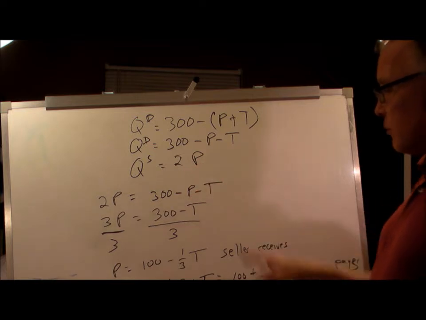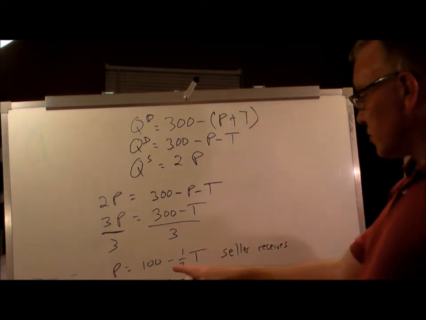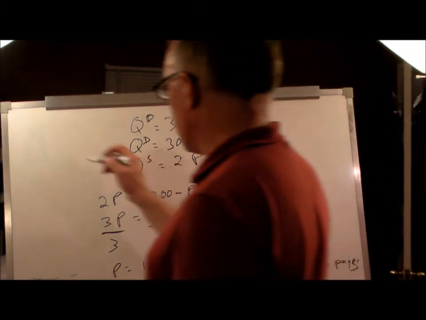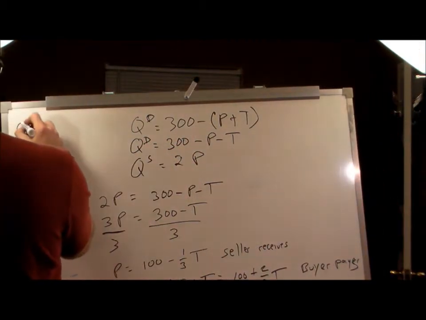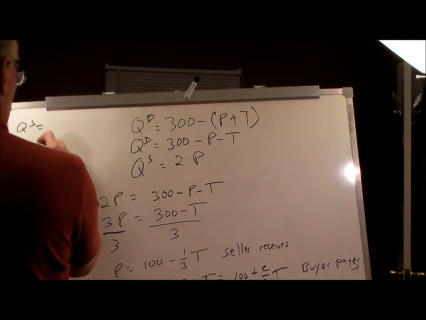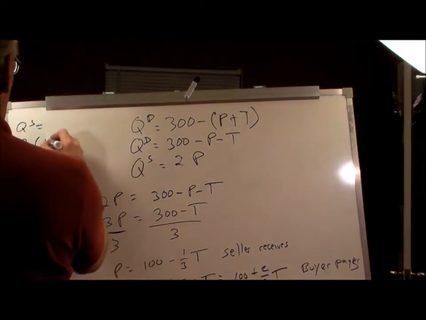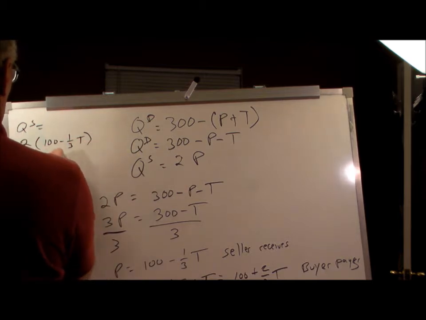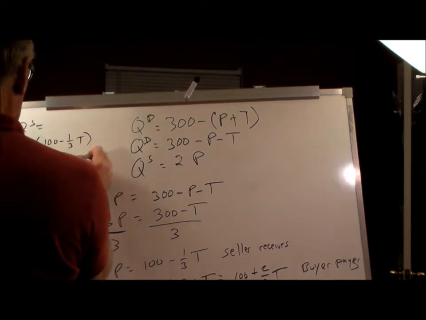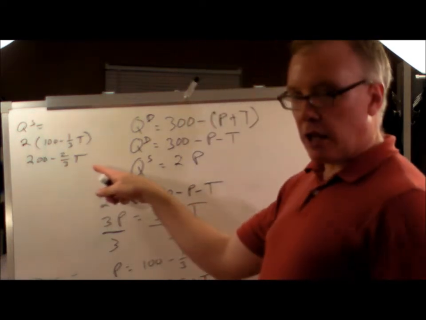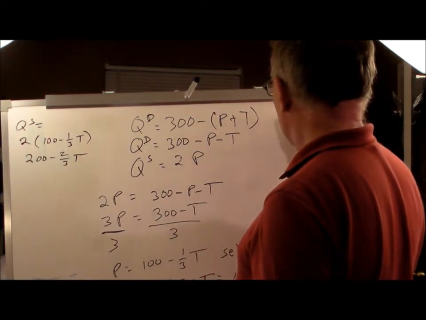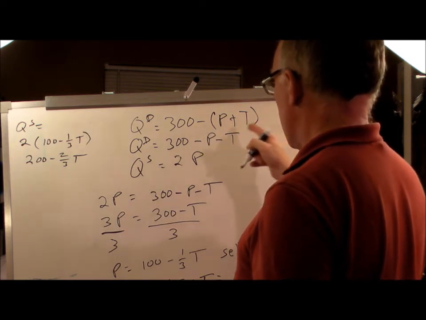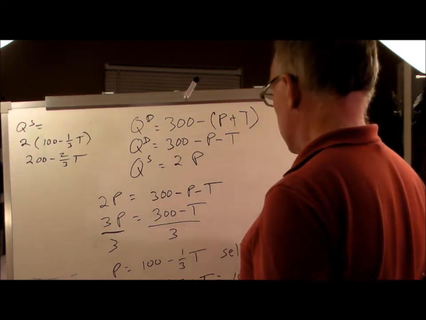So 2 times P, which would of course be 2 times 100 minus 1/3 T. We can probably do that in our head, but let's just write it out. Quantity supplied equals 2 times 100 minus 1/3 T, which is of course 200 minus 2/3 T. So this is the quantity supplied. And our quantity demanded, of course, is 300 minus P plus T. So the quantity demanded is going to equal